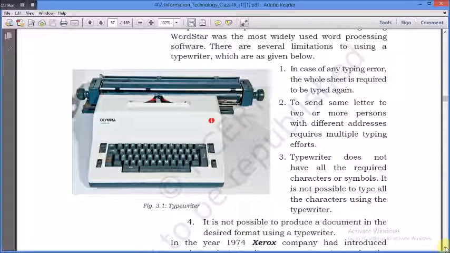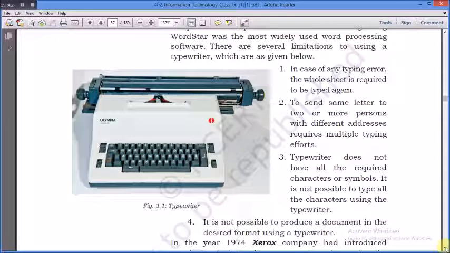So it is not possible to produce a document in the desired format using a typewriter, and there may be many errors.